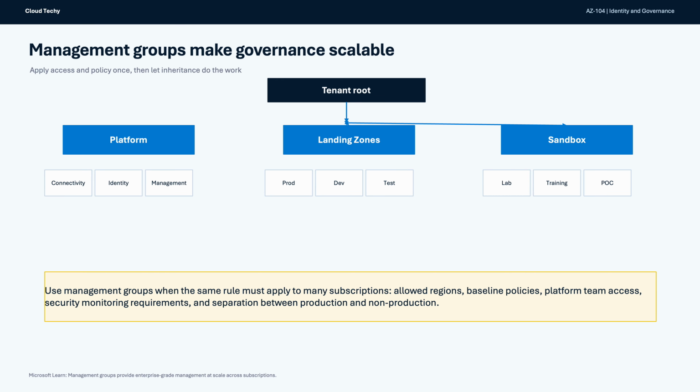A common structure is to have management groups for platform services, landing zones, production, non-production, sandbox, or business units. The exact design depends on the organization, but the principle is the same. Put subscriptions with similar governance requirements under the same management group, then assign policies and access at the level where